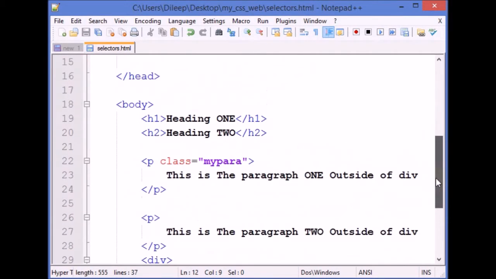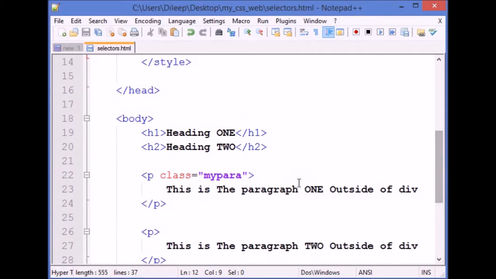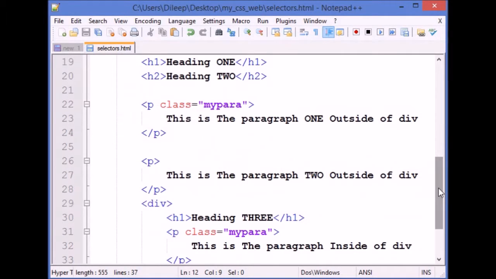Well, we know that when we used the element selector p, all the paragraph colors were changed. When we used the class selector, the text color changed for those paragraphs that belong to this class, right? Now if I want to change the text color of only one paragraph, which is identified by its ID attribute, right? Suppose I want to change the text color of only this paragraph. How will I do it? First I have to set its ID attribute equal to